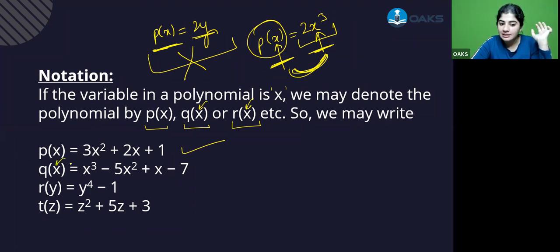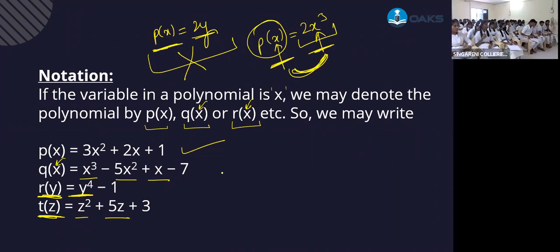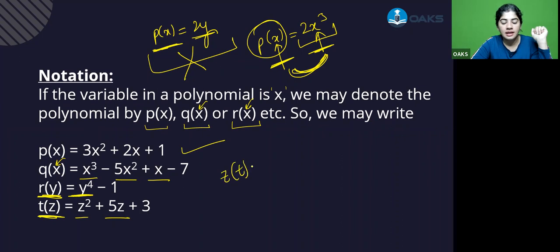If we are writing x here, there should be x here. If we are writing y, this should be y here. If we are writing z, this is z. The variable in the polynomial is z. Is that clear to you all? Yes, madam. Okay, so if I write like this,